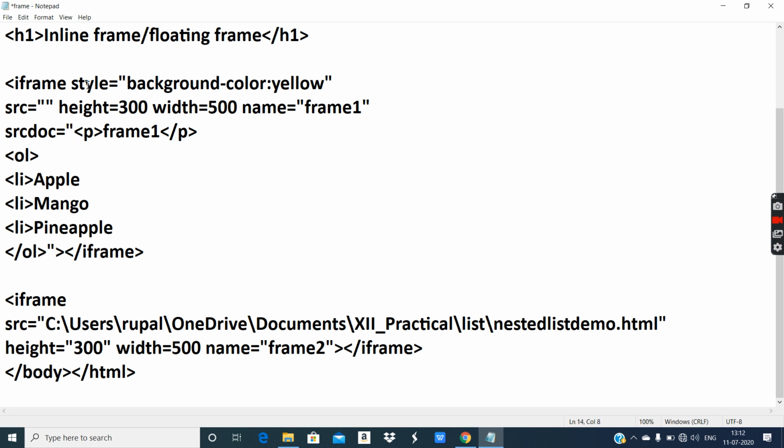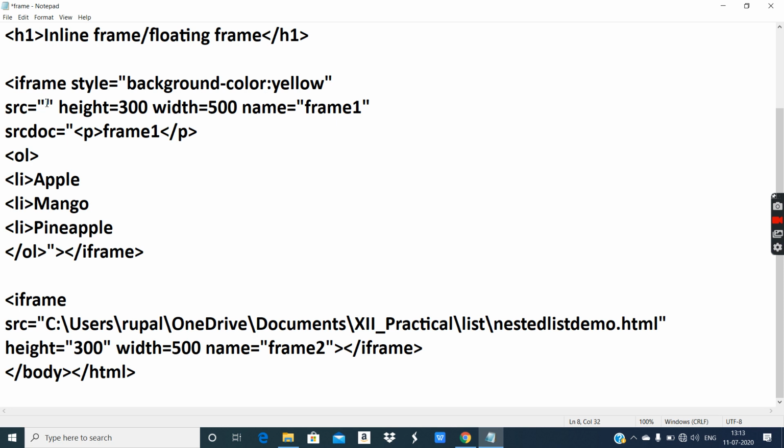These are the attributes which are mentioned in the textbook. In the textbook, the iframe tag has attributes src and height. In src, you are going to provide the name of any local web page, any HTML file with the extension .html. You can give height and width to change the size of the frame. You can provide a unique name with the help of the name attribute.